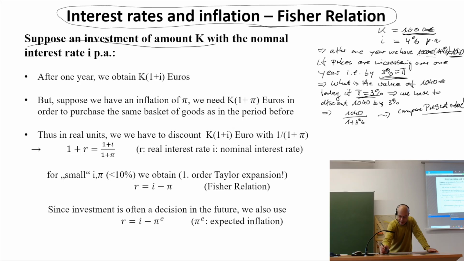Because, of course, in the end we have not the value of 1040, but this present value. And this lowers the interest we obtain via the inflation. So then this means in real terms,